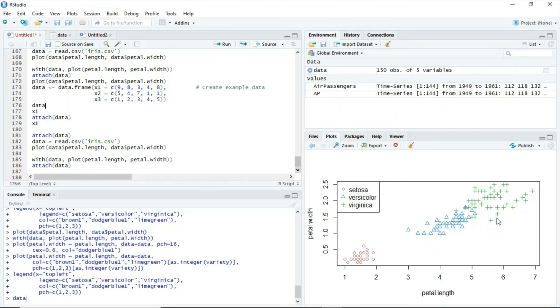And also we cannot assign the pch value directly. If I am using only one pch value, then I can write pch equal to 16 or 14. But whenever I am passing 3, 4 or 5 different pch values, at that point of time we have to pass a vector. It means we have to combine all these values by using the c function and then pass them to the pch. So this point you have to identify.